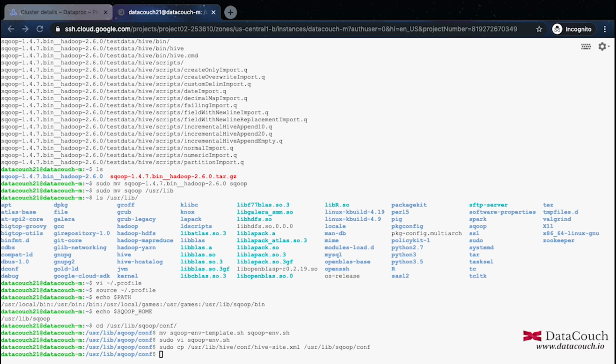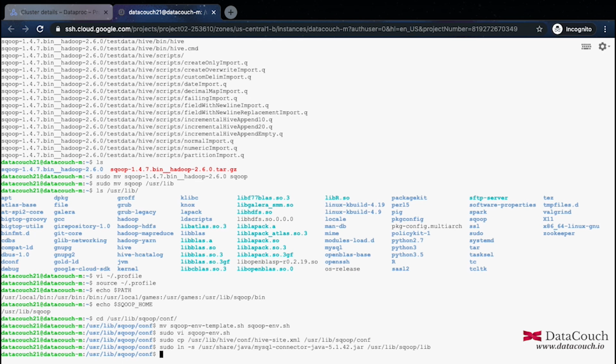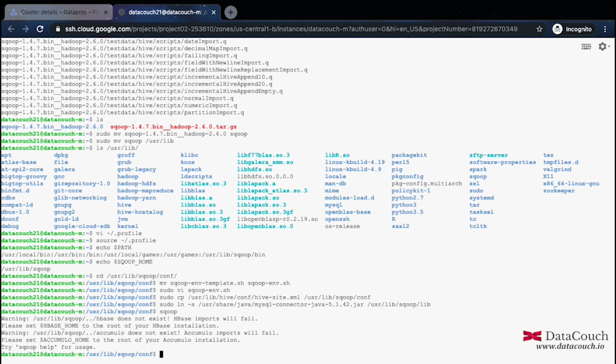Now we need to configure the connector also. So the next step is to create a symlink of the jar. We have the MySQL connector jar, so I'm just creating that right now. Let's do it. Okay, so this is fine. Now once this is in place, I will be validating whether Sqoop is running okay or not. So we can see now the Sqoop command not found error is no more there. So this is fixed because I just configured and placed Sqoop in the right directories and everything. Those things are done. So that's why Sqoop is fine.